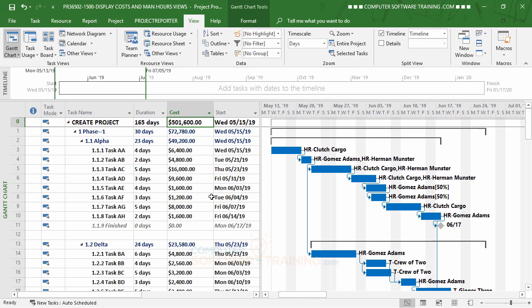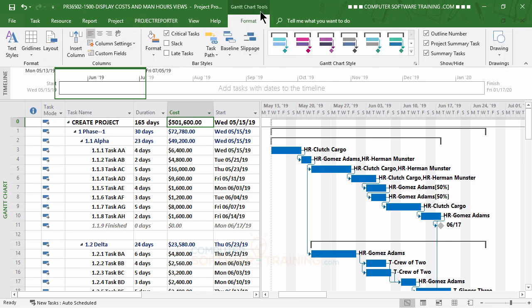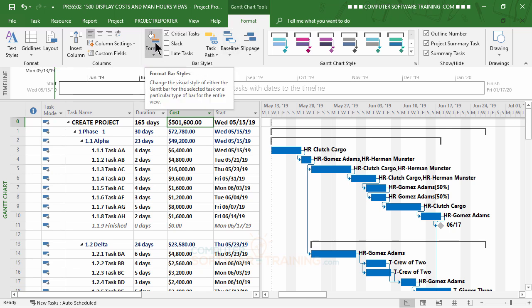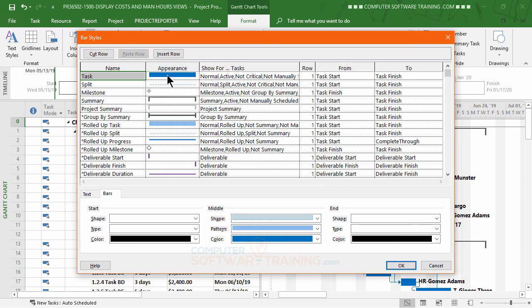But at the same time, if you'd like to instead have these numbers on the left side of each bar, how would you go about doing that? Well, we go over to the Format tab up here in the Gantt Chart Tools, and then we would go over to the Format area here, click onto that, and go with the bar styles. So on this very first one where it says task, this is for your not critical tasks. Okay, we'll do that first, and then further down the list is the critical ones. So the not critical, we just click onto here,